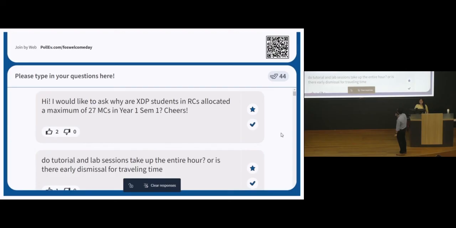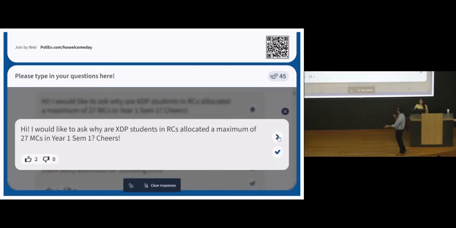I would like to ask, why are XDP students pre-allocated in RCs? Okay, so students in this situation have what we call a dual identity. Not only do you have a program requirement arising from your XDP program, you also have an RC program requirement, because a residential college is an academic unit that offers courses as well.